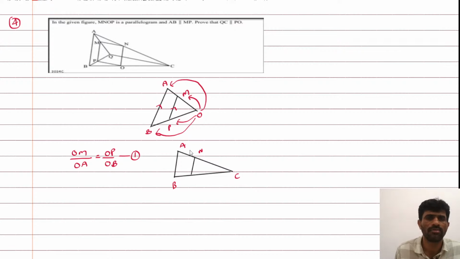This is NO. So here again, because in this these two are parallel, NO is parallel to MP because it is a parallelogram, and we also know MP is parallel to AB. So NO is parallel to MP and MP is parallel to AB. So we can say that NO is parallel to AB. So by this, what we can say again, OC by OB is equal to,